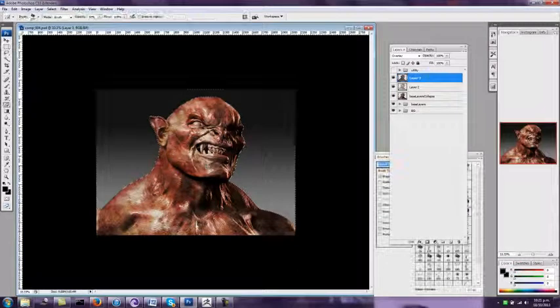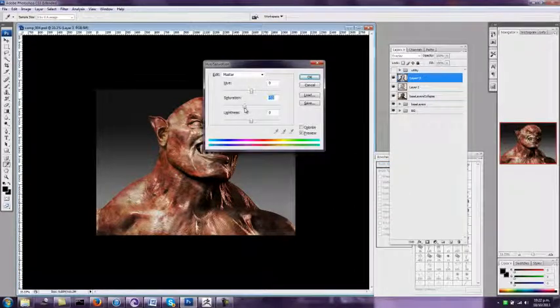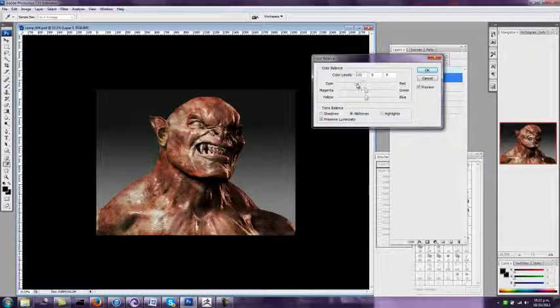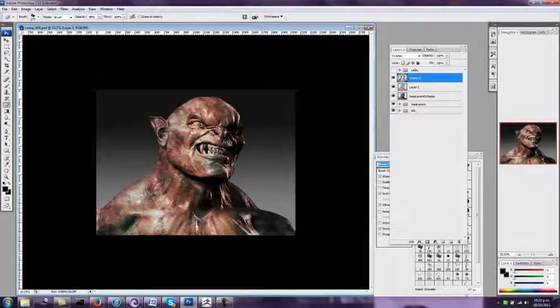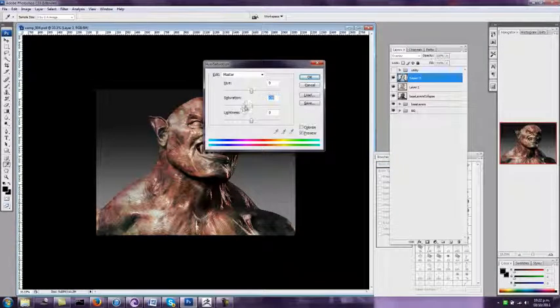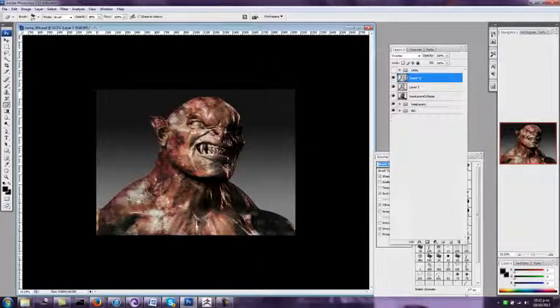So I've erased out the overspray, and now I'm erasing the belly or the chest and the face, and then again bringing up hue saturation, and I'm going to go to my color balance and again push it more towards cyan and blue, trying to make it considerably cooler and considerably darker than the skin tones we've had so far,